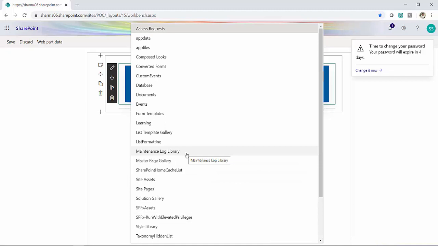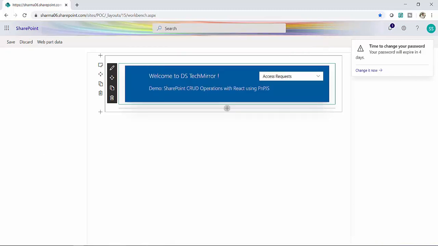So guys, we are able to read data from SharePoint using PnPjs, and you can see how easy it is as compared to other things like REST API or CSOM or JSOM, whatever you have worked with. So it is very easy. It's just like simple sp.web.list.select. And one more advantage we have in PnPjs